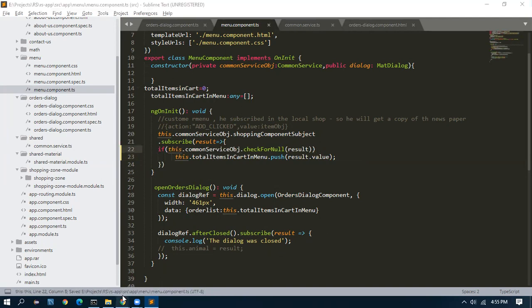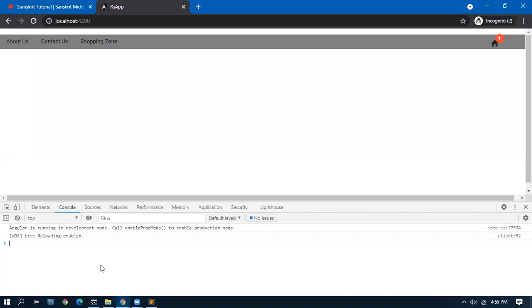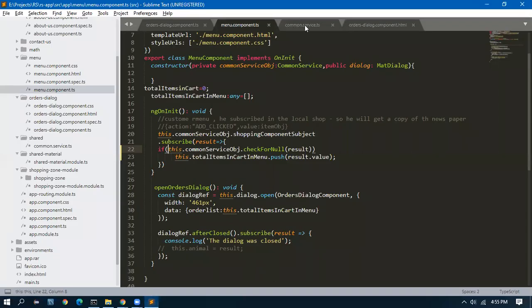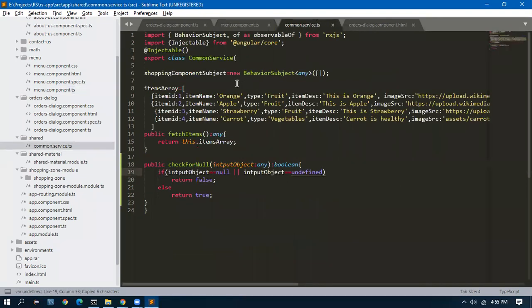Now let me see. Initially it should be 0. No, still it is not 0. So what else is happening? From where is this getting thrown? Where is the subject?